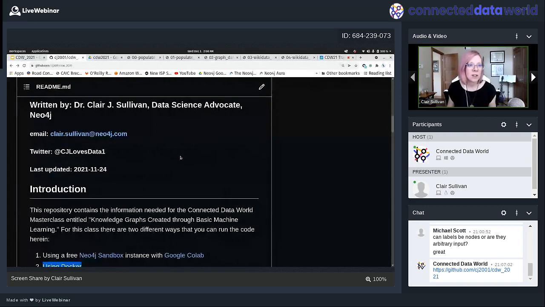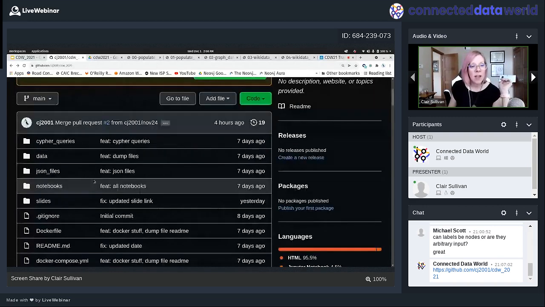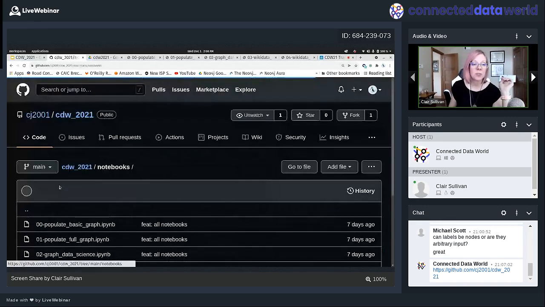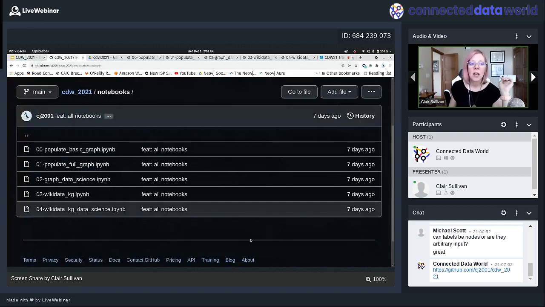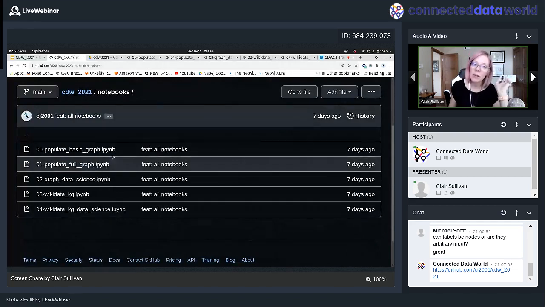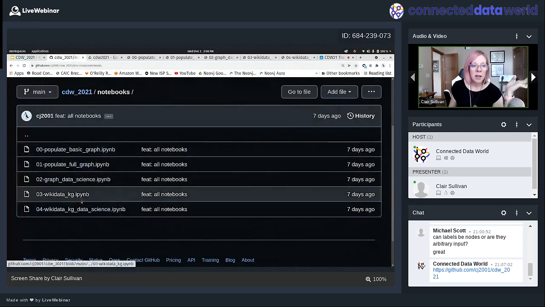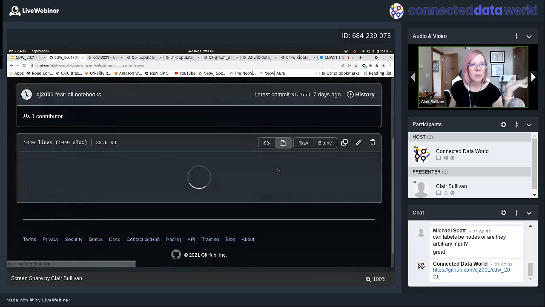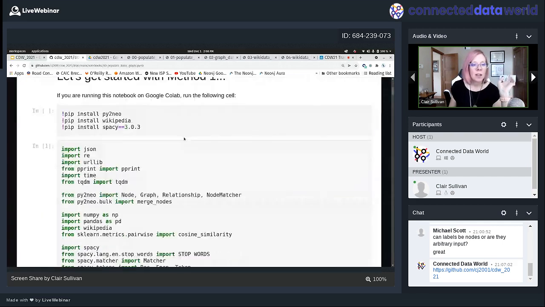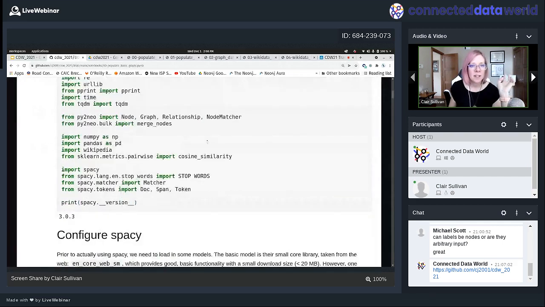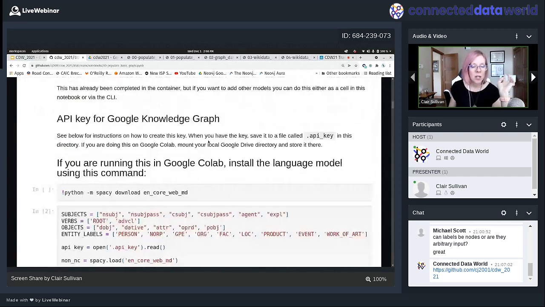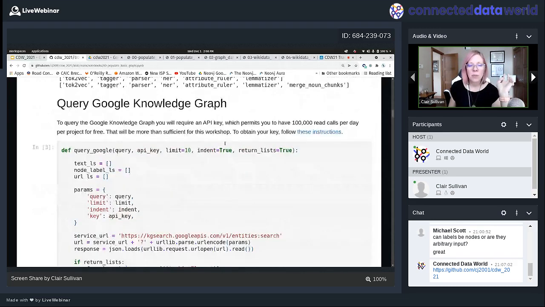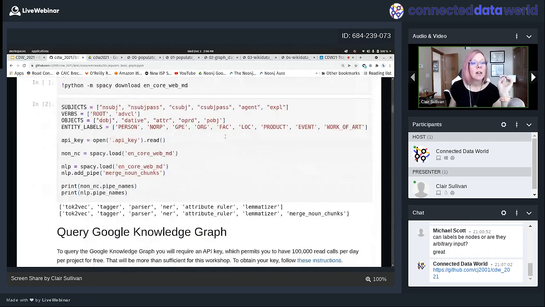But let's talk about the code. We're going to see the code in a few places. First off, I have notebooks. These are the things we're actually going to be using in Colab. We're going to pull these notebooks in. You can click on them, and assuming GitHub wants to render them, there's a whole bunch of comments in here about how they work, so you can read through those on your own time.